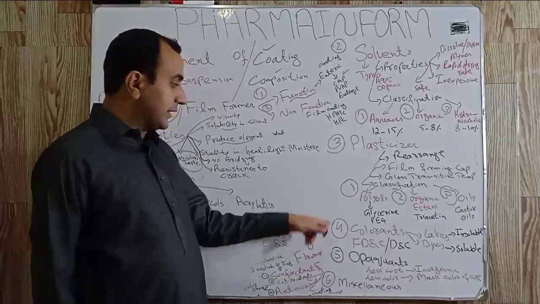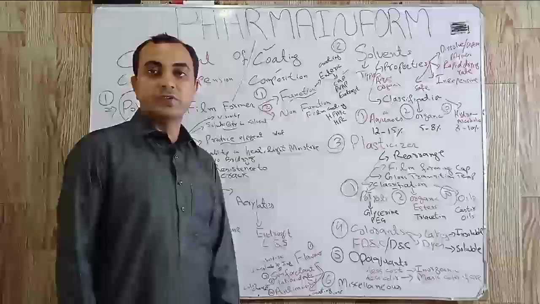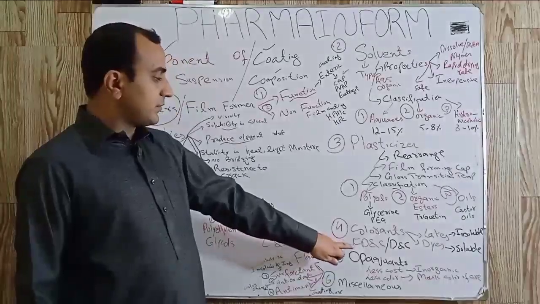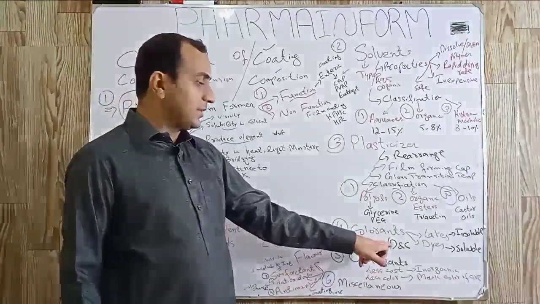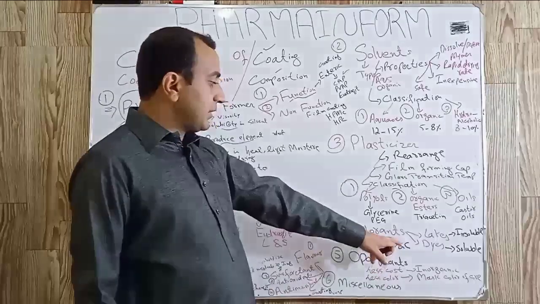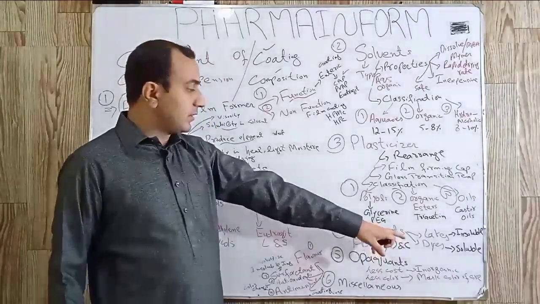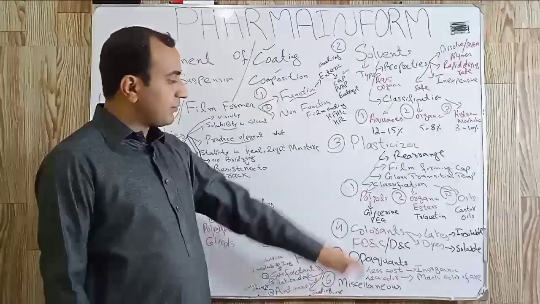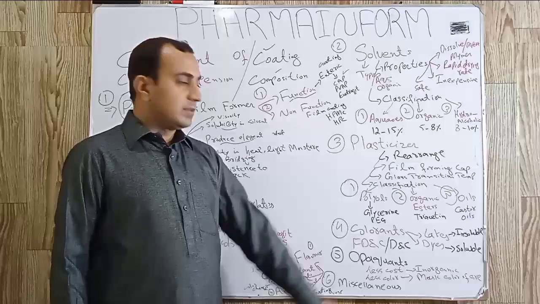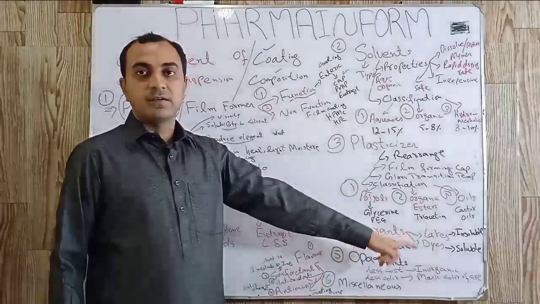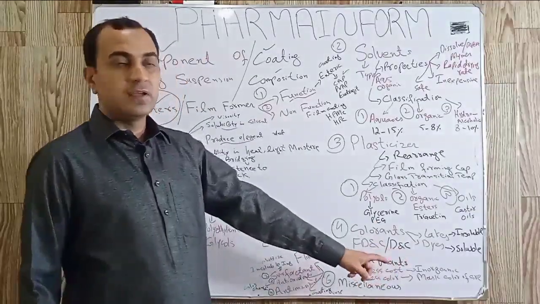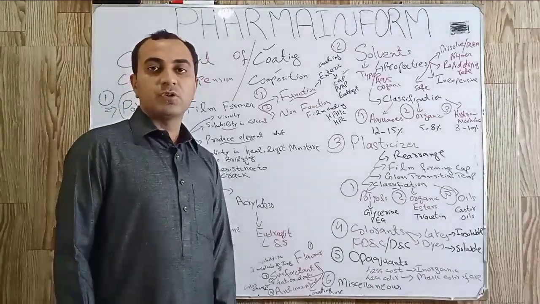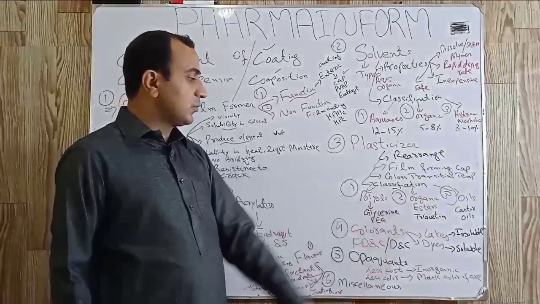Now the fourth component is the colorants. Colorants are used in the coating suspension depending upon the formulation. If we use colorants, we can use FD&C or D&C type colors. Simply we have lakes and dyes. Lakes are water insoluble, dyes are water soluble. So lakes are preferred because when we use heat, they do not migrate, and if we use dyes on heating, dye migration takes place, so color variation is observed. So in the coating suspension, we try to use insoluble lakes.